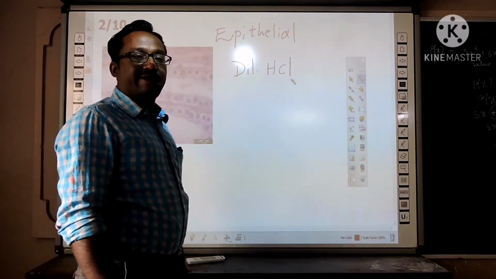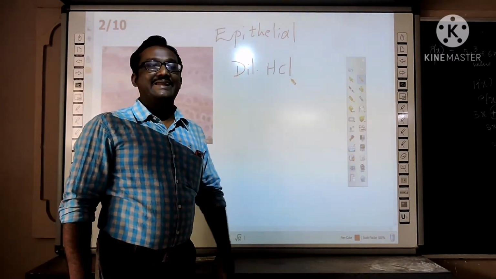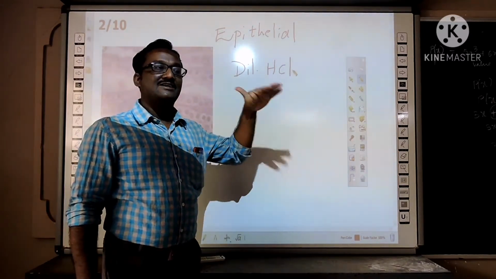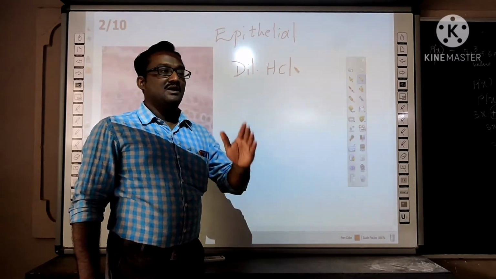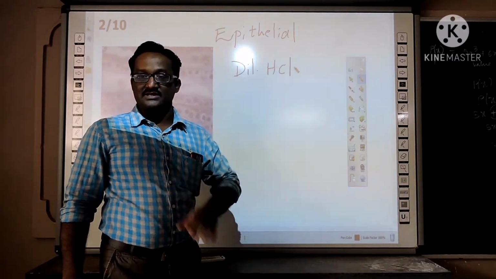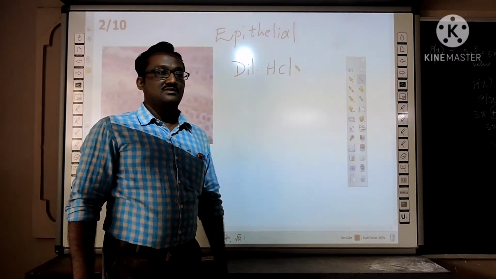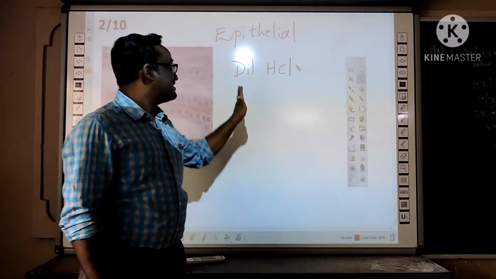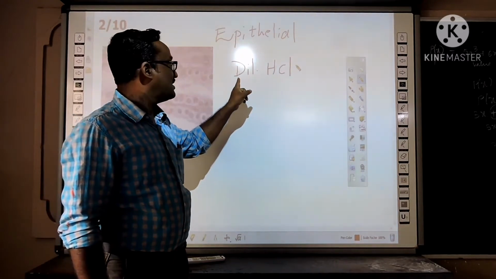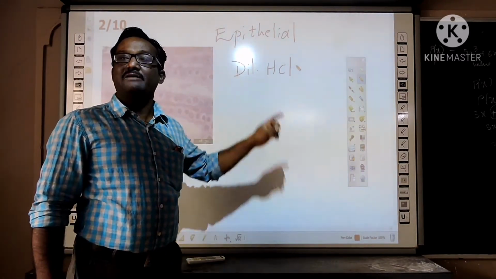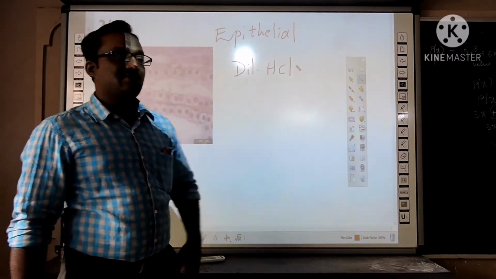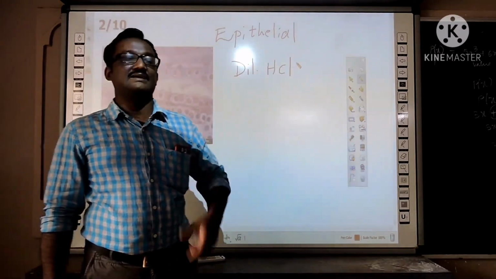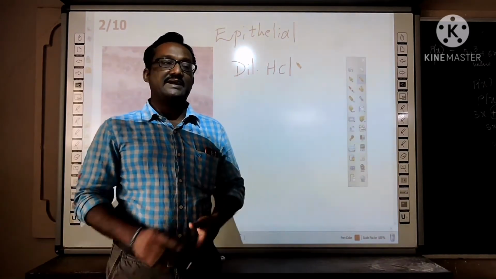HCl means hydrochloric acid. In chemicals, there are 2 types, dilute and concentrated. Dilute means it has more water concentration. Concentrated means less water concentration. Concentration here means the amount of water. So dilute HCl has more water molecules. That's why it is called dilute HCl. If you keep the chicken piece in the dilute HCl for a few hours, the bone and the skin become soft.